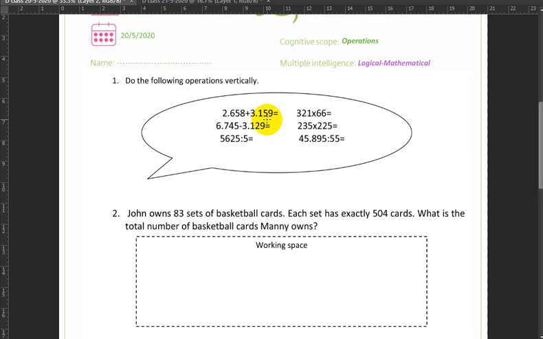We first have an addition right here. 2,658 plus 3,159. So